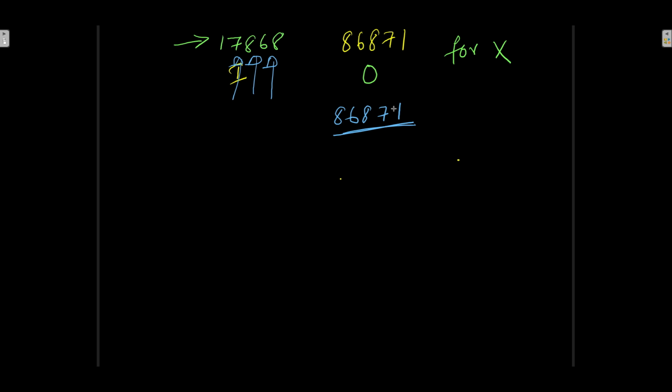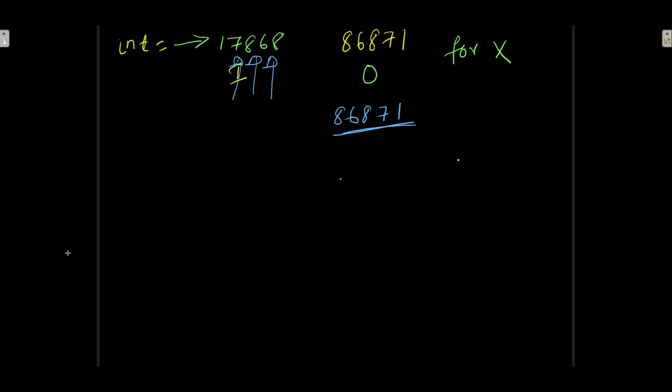But I cannot run a for loop because this is not a string, this is an integer, guys, right? When your number is an integer, you cannot run a for loop. I cannot do a split also because it is an integer, not a string. A string has the facility where you can split it and convert it to a character array and run a for loop, but here you cannot.